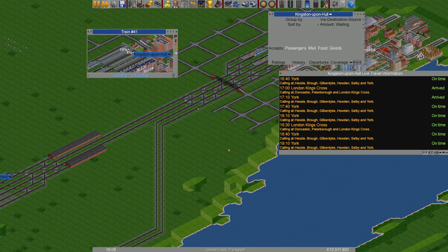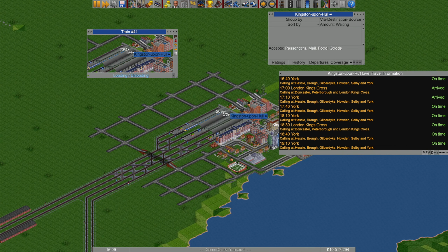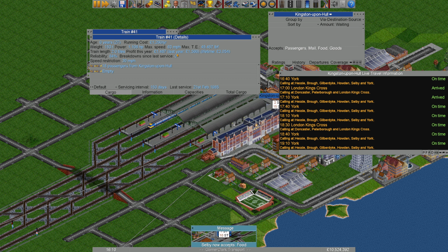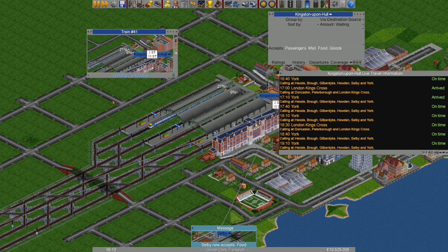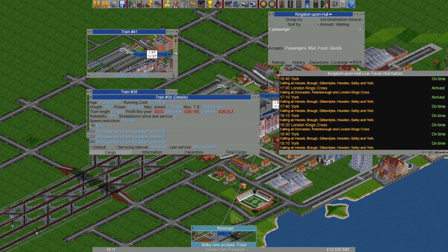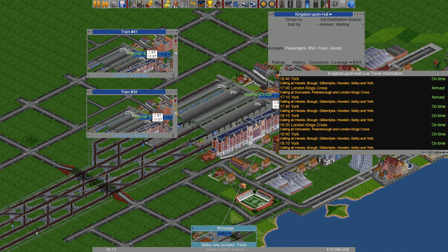Let's see if there's any other action going on down here. Not so far, but it's getting quite full. Is the high-speed train. The one thing I've noticed though is that these high-speed services don't seem to make much money. They seem to lose quite a bit of money. So I need to have a look at some of the dynamics